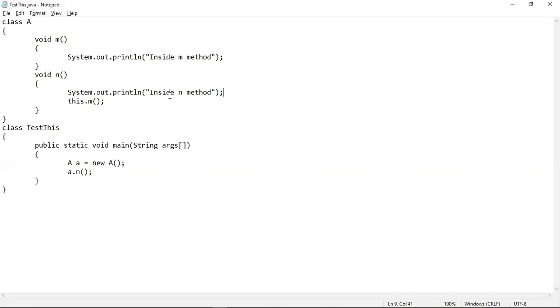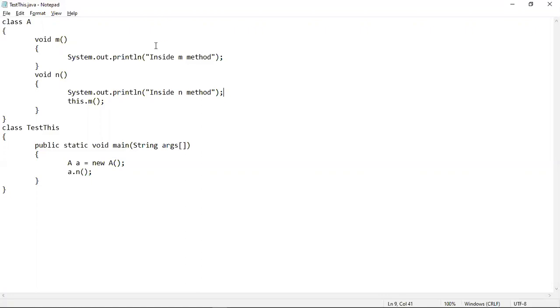That means in that program, this keyword was used before an instance variable, to see how if you use this keyword there or if you don't use it there, both cases will give you the same output. Here today we will see how this keyword can be used before a method call or before a method name in order to invoke the current object.